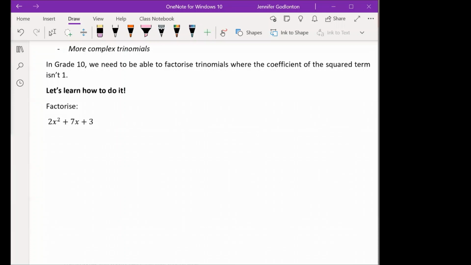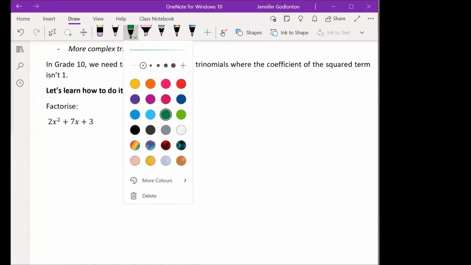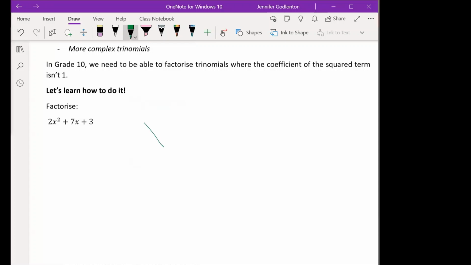Okay. So the first way we are going to learn this is called the crisscross method. So who has done the method like this at school where you draw a crisscross? If you have, can you let me know? Can you say yes? Or put your hand up or something? Okay, so we have some me's coming in here.